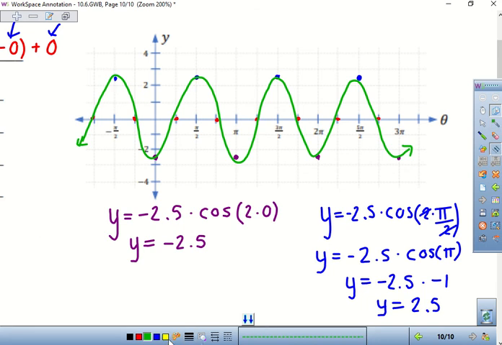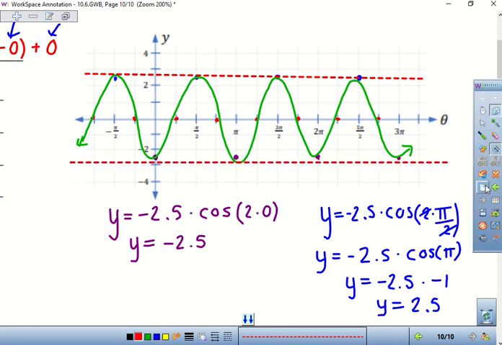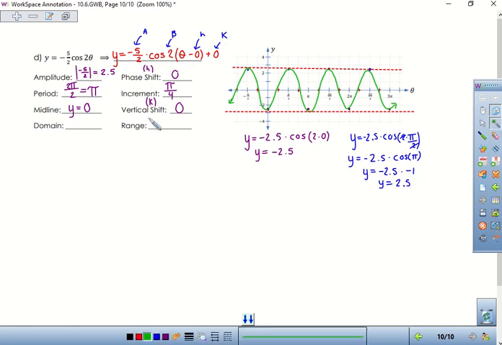So I'll put in my dashed lines for my bound region. Can anybody tell me what this graph is bound between? Good. Negative 2.5 and positive 2.5, or negative 5 over 2, positive 5 over 2, and my domain hasn't changed. It's negative infinity to positive infinity. Is it always gonna be 0? Unless they put in a